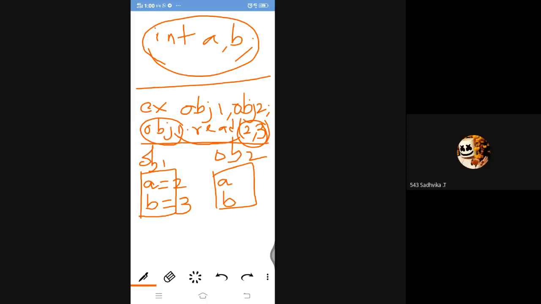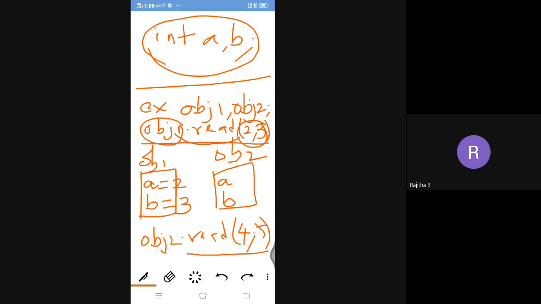Now I am calling one more read function with object obj2 dot read function, and I am passing the parameters 4, 5. Now what are the values of the read function? 4, 5.